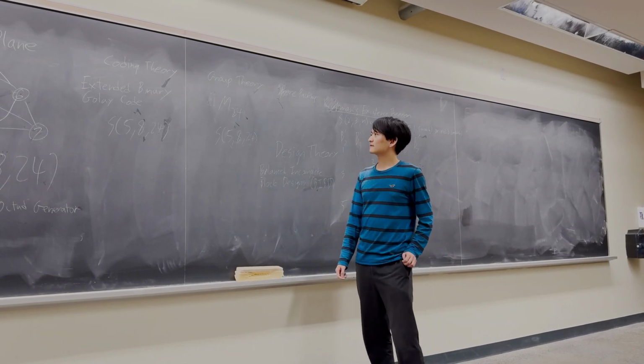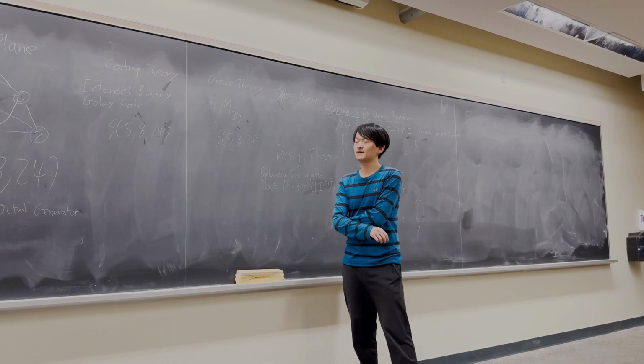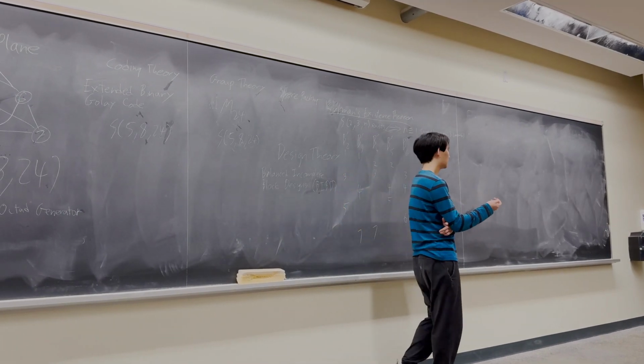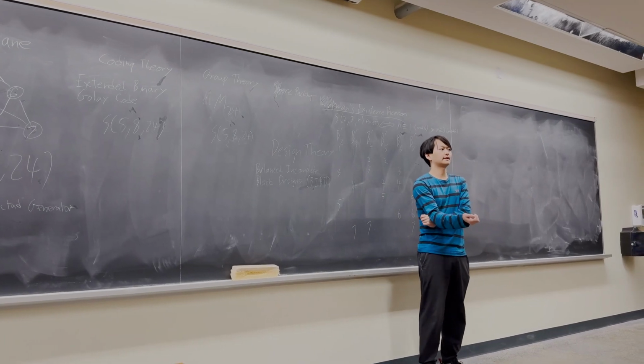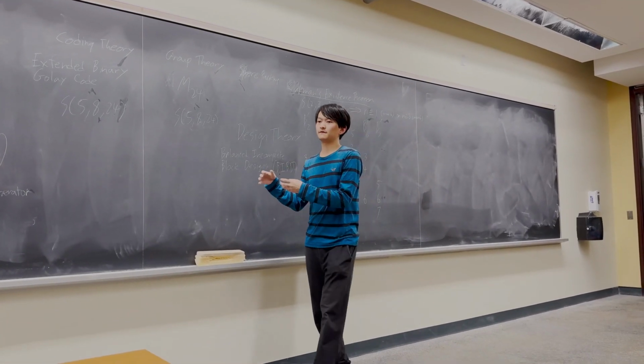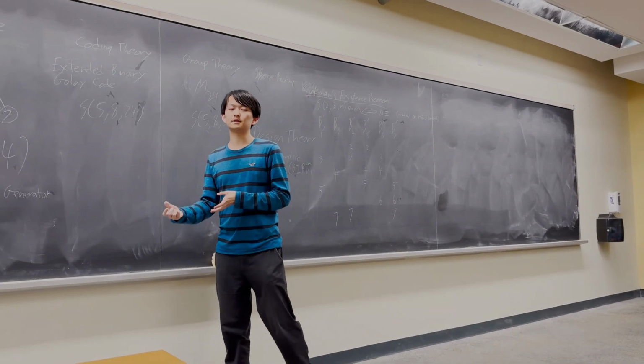Okay, so just to recap what we did so far, we talked about the general idea behind a Steiner system. We have a set omega of size n, and we have a collection of blocks where each block has size k,